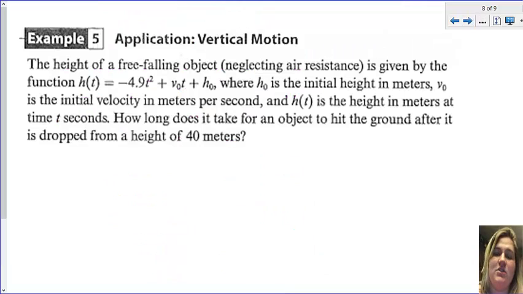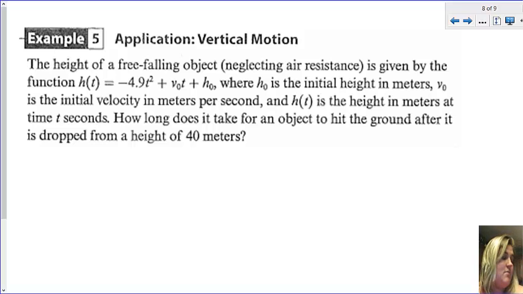Example 5, application of vertical motion. It says the height of a free-falling object, neglecting air resistance, is given by the function h of t equals negative 4.9 t squared plus v naught t plus h naught. We just dealt with this same function a couple days ago, where h naught is the initial height in meters, v naught is the initial velocity in meters per second, and h of t is the height in meters at time t. How long does it take for an object to hit the ground after it is dropped from a height of 40 meters? Okay, so what we're going to do here